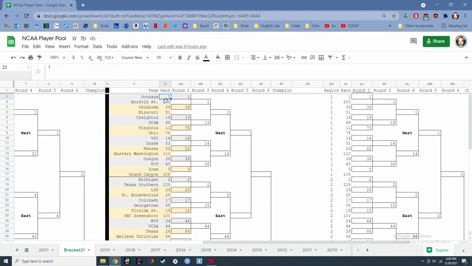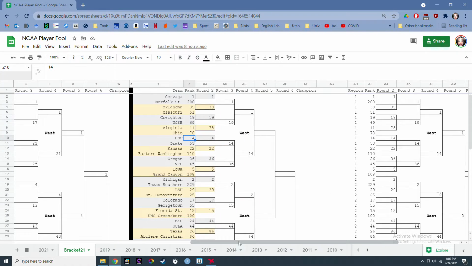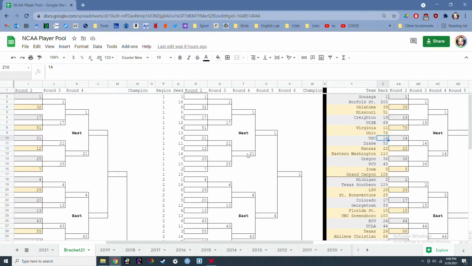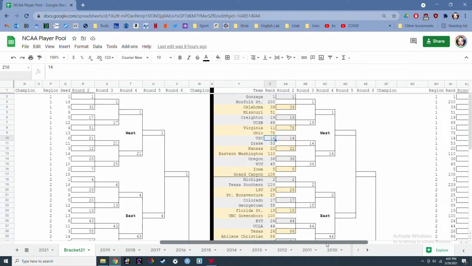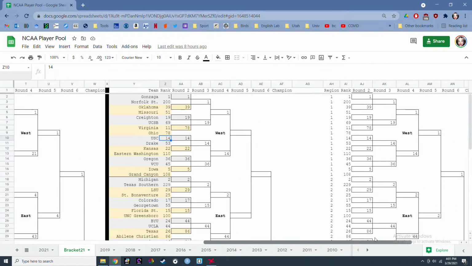So instead of 1 through 68, at the start of the tournament, I pull out their Pythagorean ranking and slot it in here. So instead of Norfolk being the 66th best team, they just get a 200. And that's important because the seedings are oftentimes not very close at all to a team's Pythagorean. So at the start of the tournament, USC was the 14th best team according to the KenPom ratings, but their seeding slotted them at 21. And obviously, which one was closer to the truth? Obviously, 14 was better because they've been just steamrolling, right? So anyway, that's how it works.